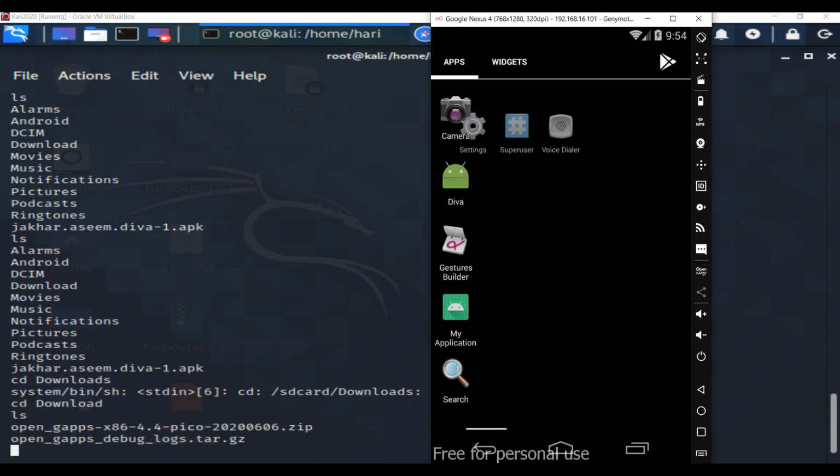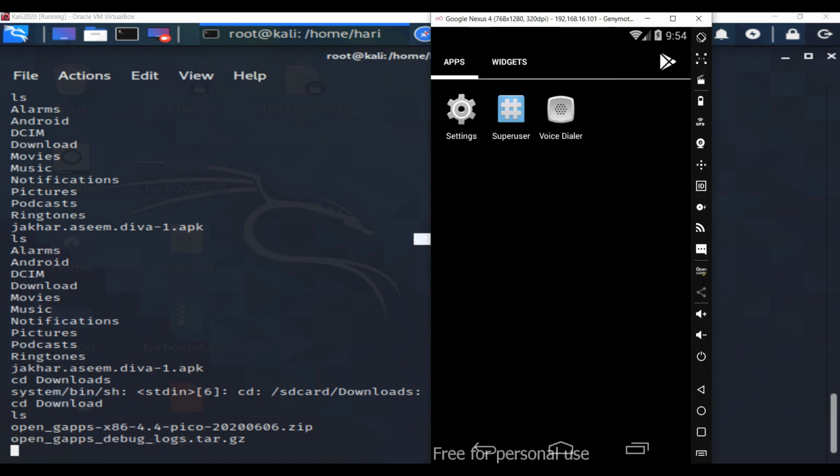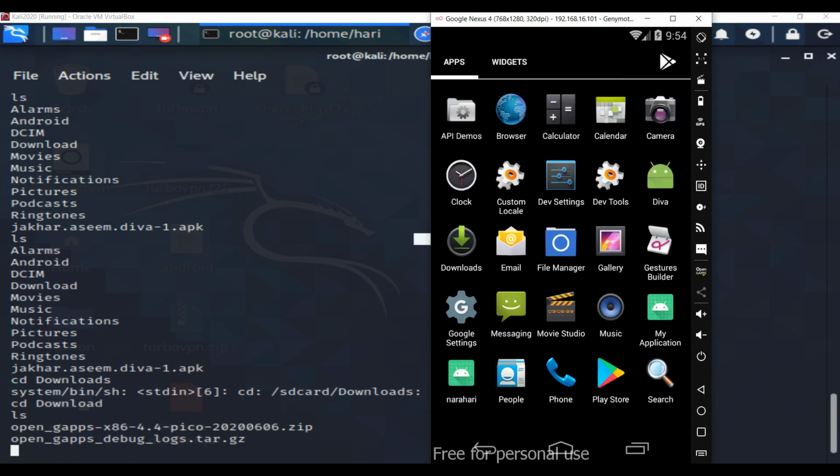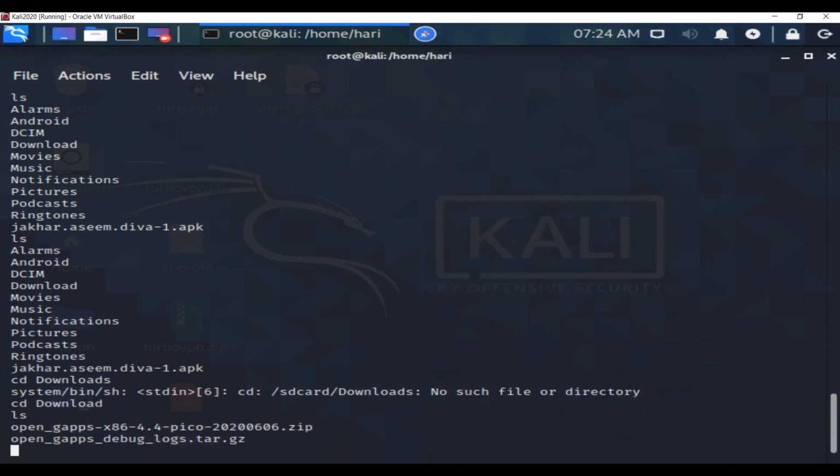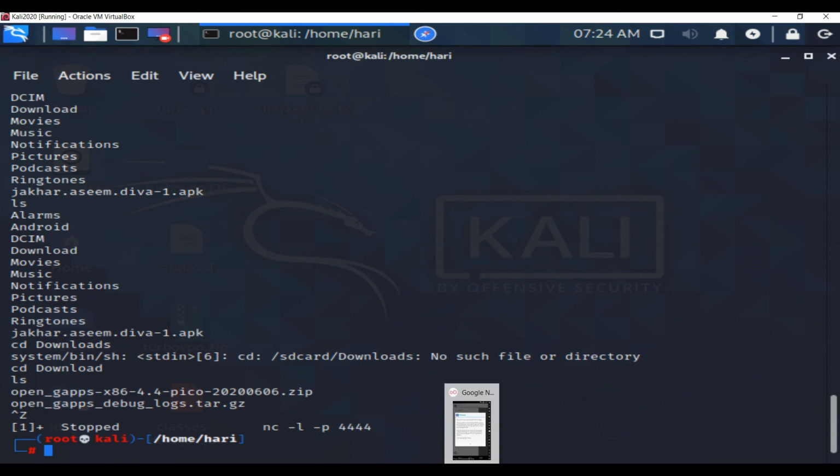This user will not know whether his device has been hacked, but in the backend you can see this application has been attacked. From here he can also carry out different kinds of attacks. I'm showing you this reverse TCP flaw. We are using the Diva application, but inside the Diva application we don't have this, because we all know this reverse TCP malware is very critical and very important.